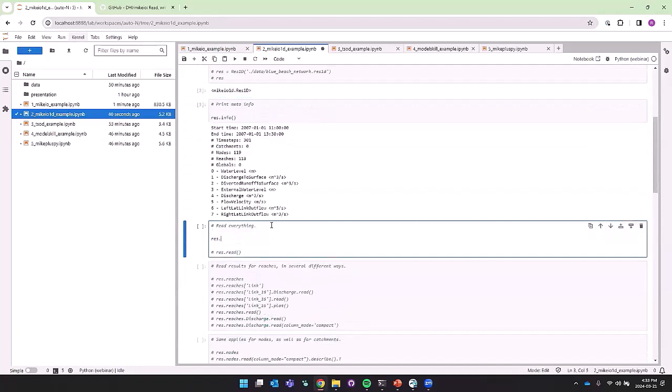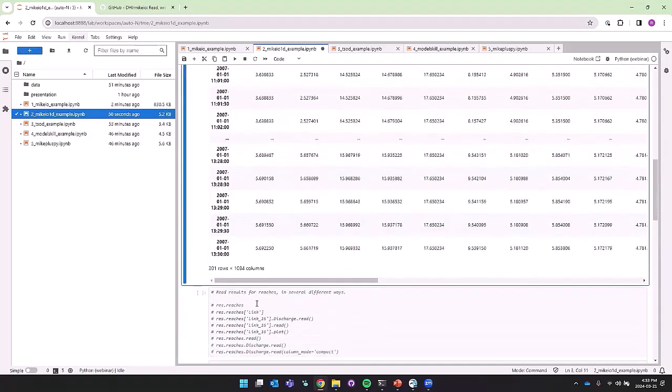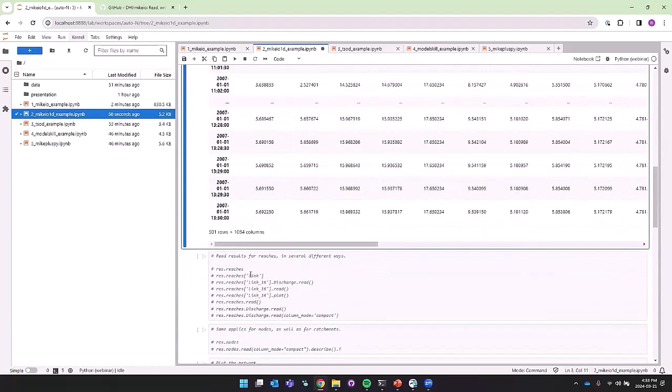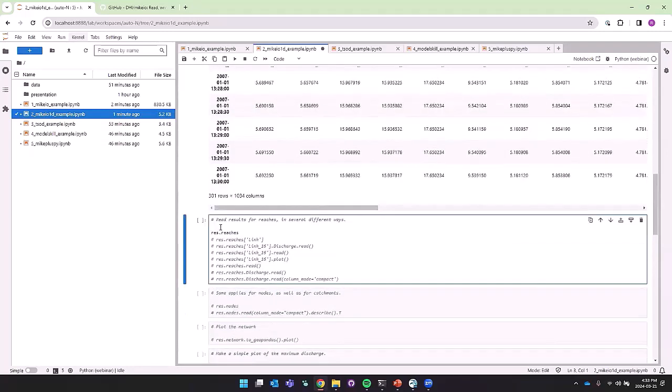So to get this into a data frame, we can read it, and we get all of the quantities with the time into this massive data frame. But often that's a little bit heavy to use. You can see there's like 1,000 columns. So more often we want to go into the network to where we actually care about. And you can do that in different ways.